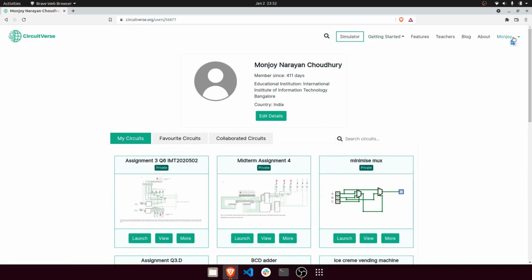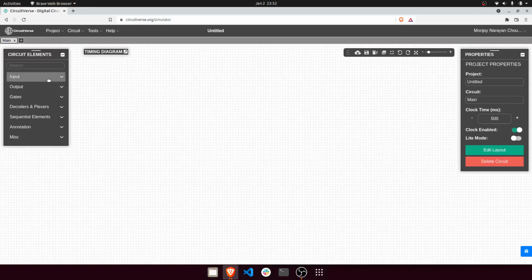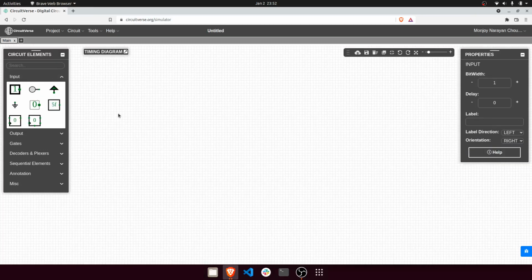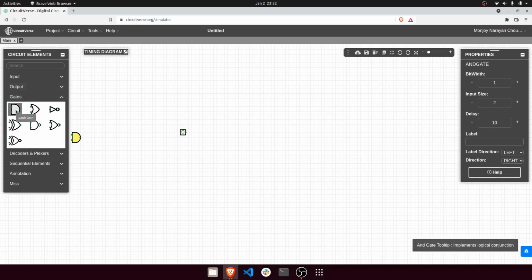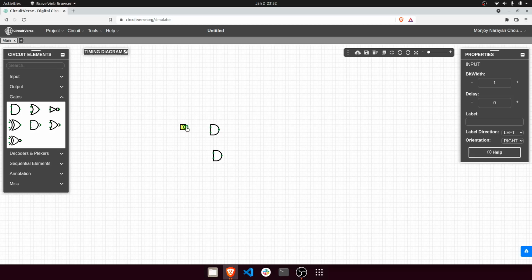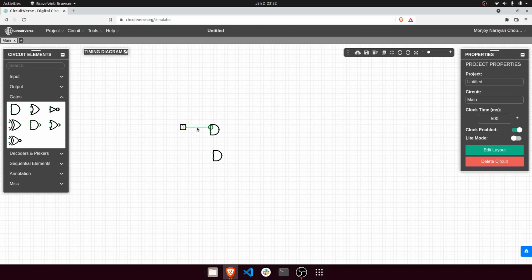So I will show you about the modules before you start your assignment. So here, suppose I have this kind of a thing. This is my pretty broken circuit.